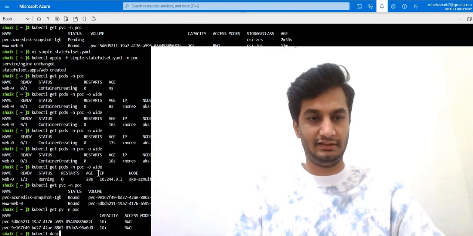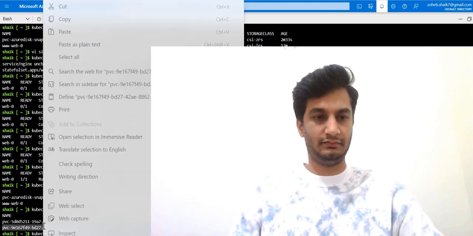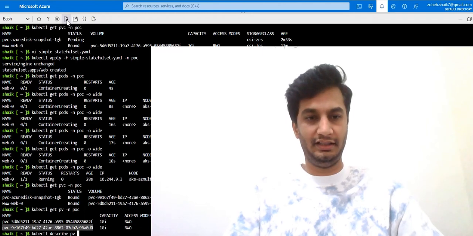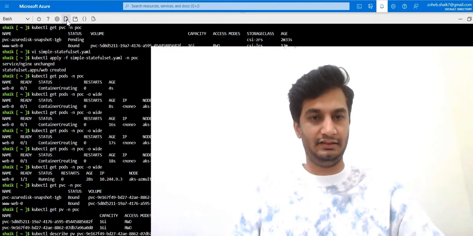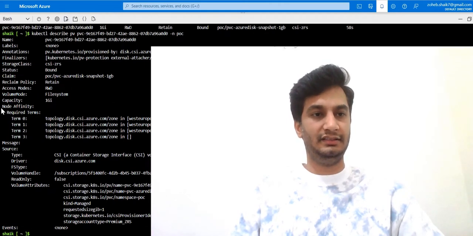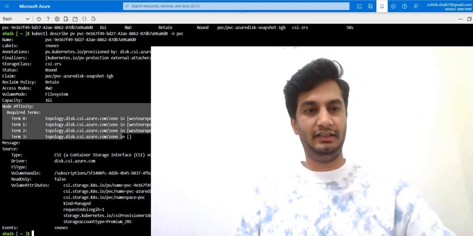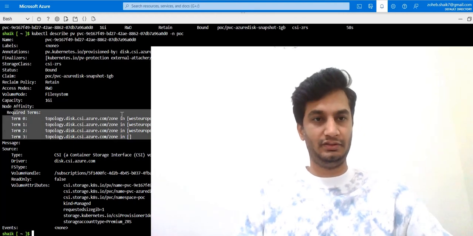Before that I'll just describe this PV. Earlier, if you remember, we were not seeing any zones in that PV. Now let's check the difference. This is the actual difference. With LRS we won't be having any zones. Why? Because it's locally redundant. With ZRS it's zone redundant, which will support multiple zones.